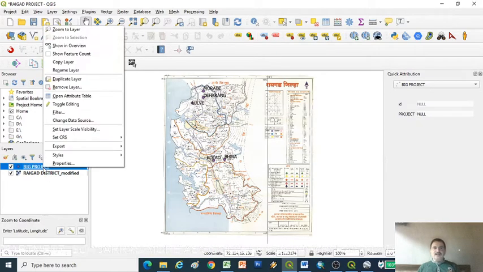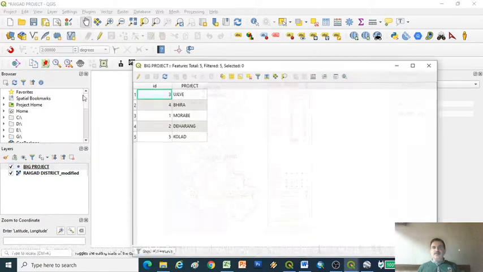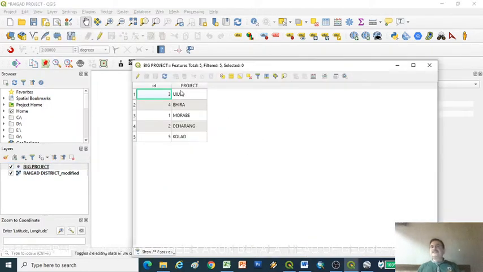I right click here and open the attribute table. So this is the attribute table. For feeding the data, we can add many columns in this attribute table.